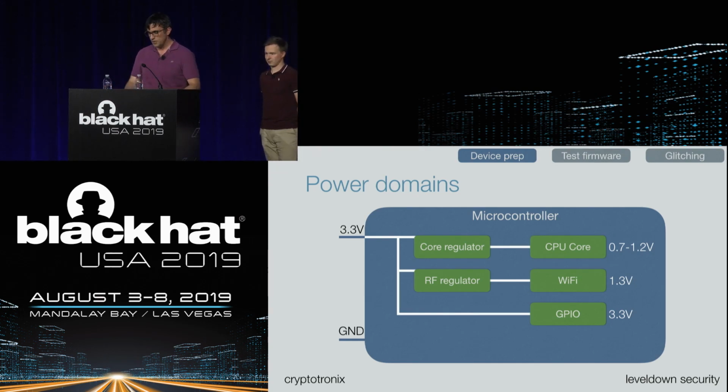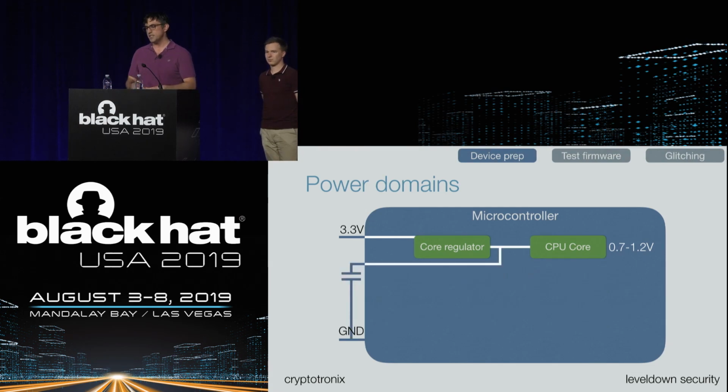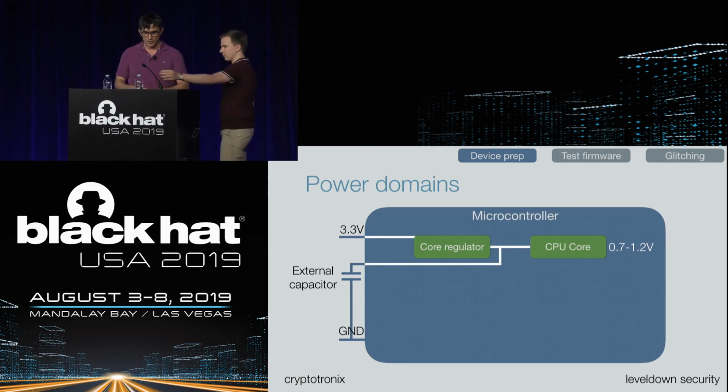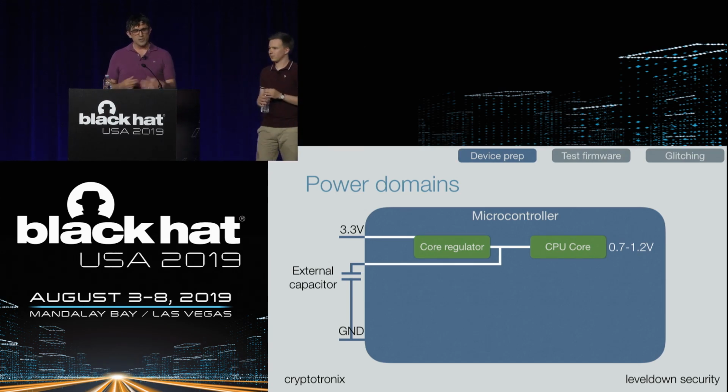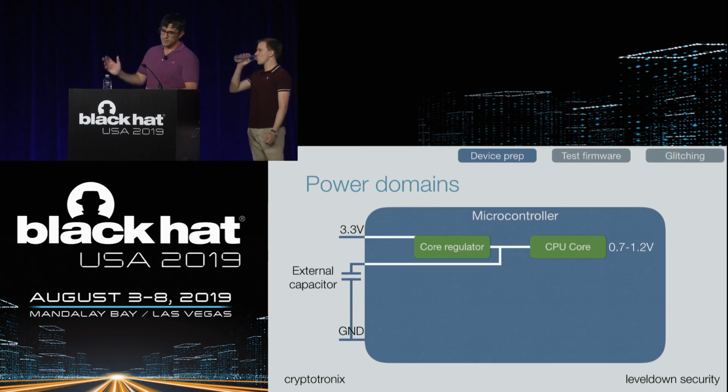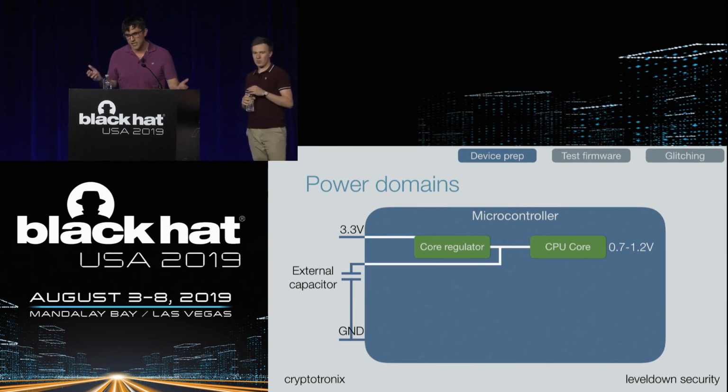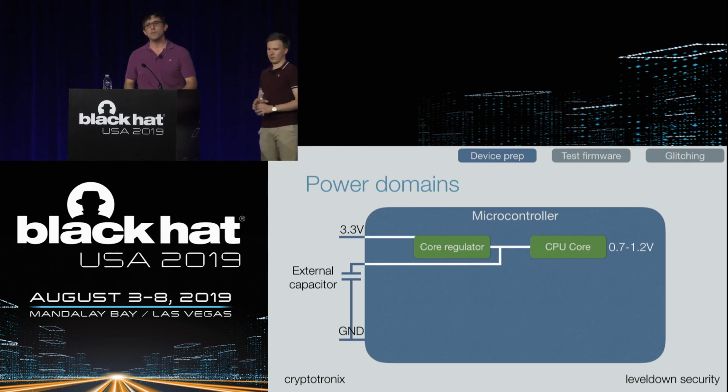Let's now look externally. So externally the chip, we have this capacitor, and those 2 lines there are just the electrical symbol for a capacitor. And it's external to the chip, and this is often recommended by microcontrollers if you look in the reference design. What this external capacitor does is, to use the software example, if you are familiar with databases, you've got MongoDB, but that's really expensive to go talk to MongoDB. So what do you need from that? Obviously you need memcached. So memcache acts as this little cache that's quicker to access than going always back to Mongo. Kind of a similar idea with external capacitors.